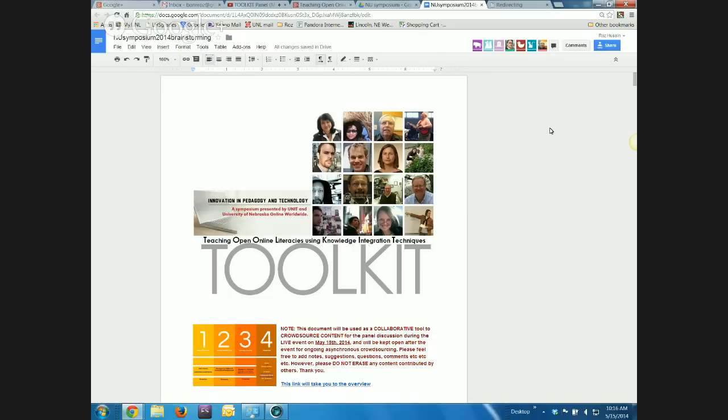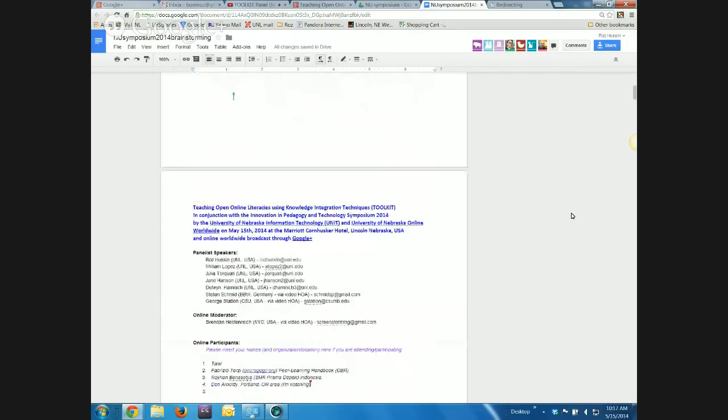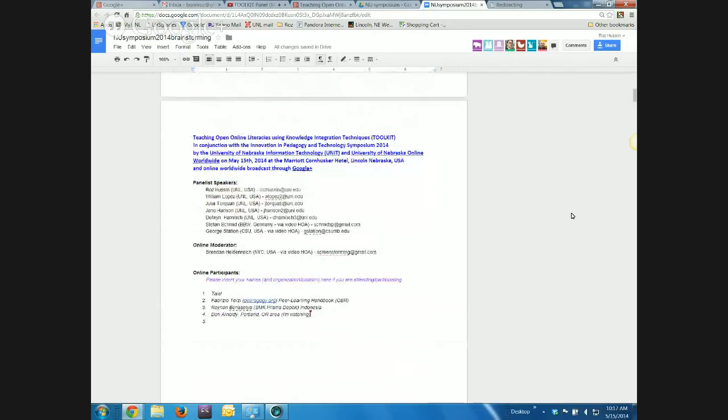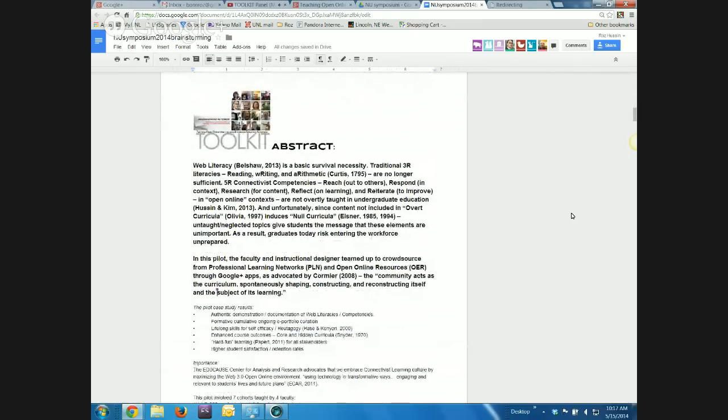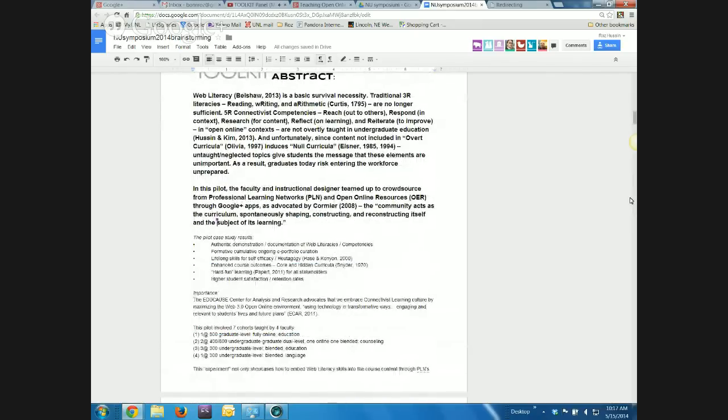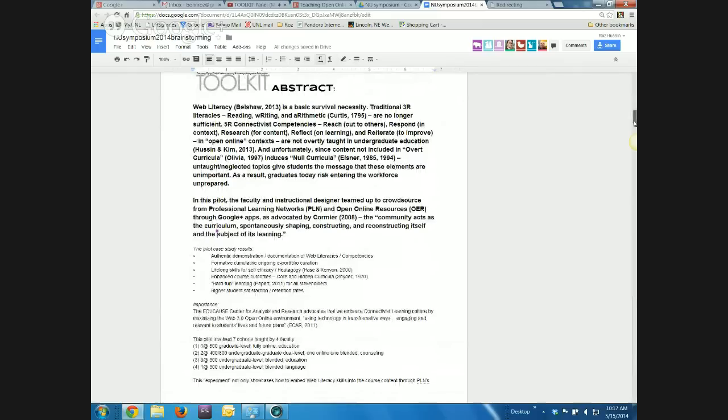So what we've done with the 4 courses, and I will introduce very briefly the 4 faculty, and I will let them tell you a little bit more about what they did. In general, I'm going to scroll down this document, these are the names of the faculty. There were 7 groups of students divided into 4 different cohorts.